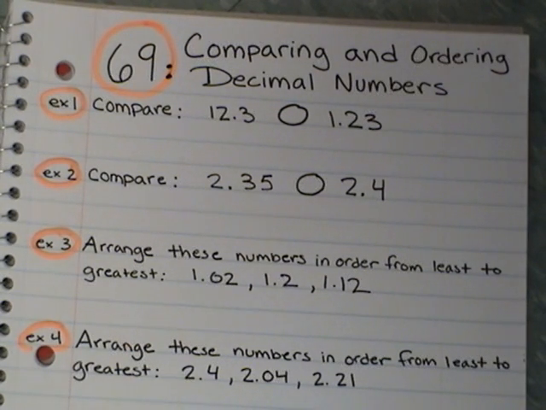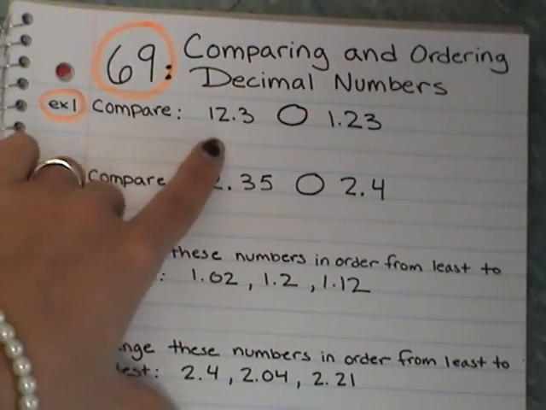For tonight's lesson, we are doing lesson 69, which is comparing and ordering decimal numbers. To compare decimal numbers, we have to pay close attention to the place value. The decimal point is going to separate the whole number part, which we did yesterday, of a decimal number from the fraction part. So when we look at, for example, our first one, it says compare, I'm going to read it like this,